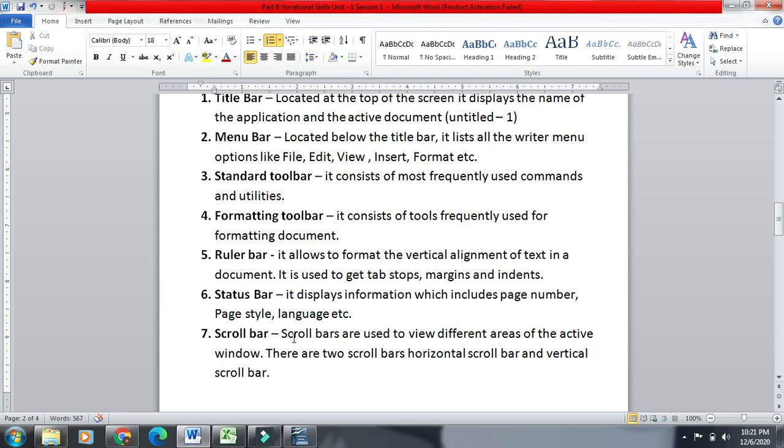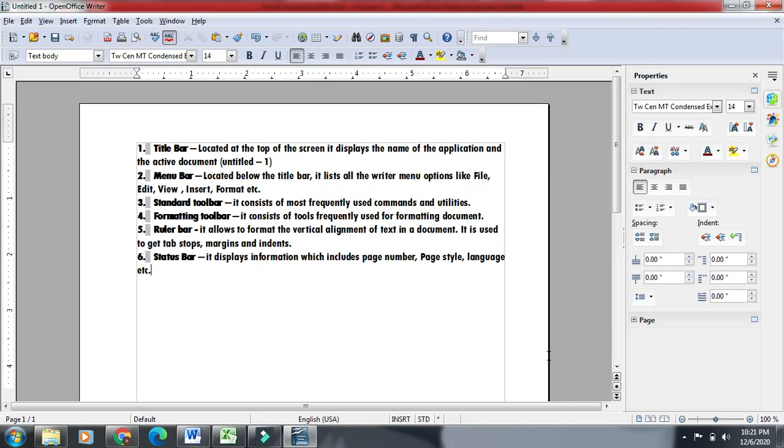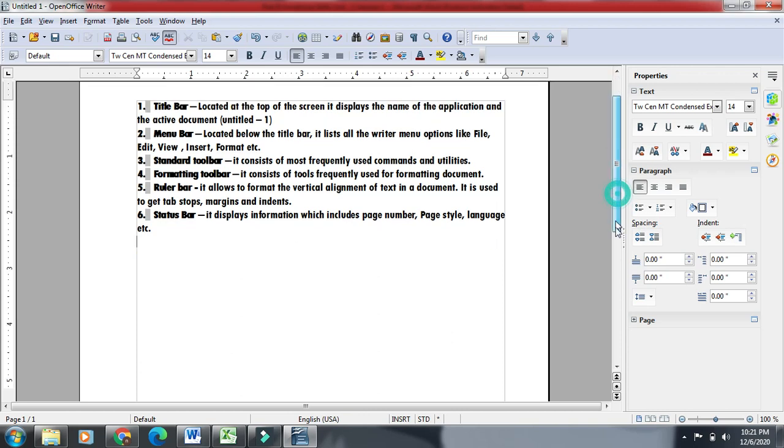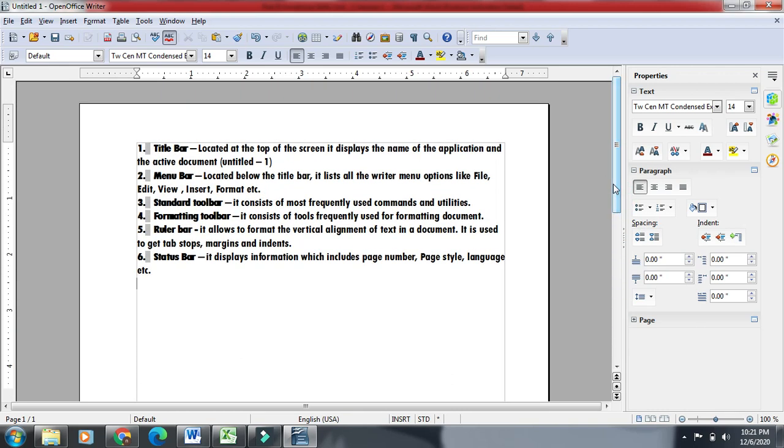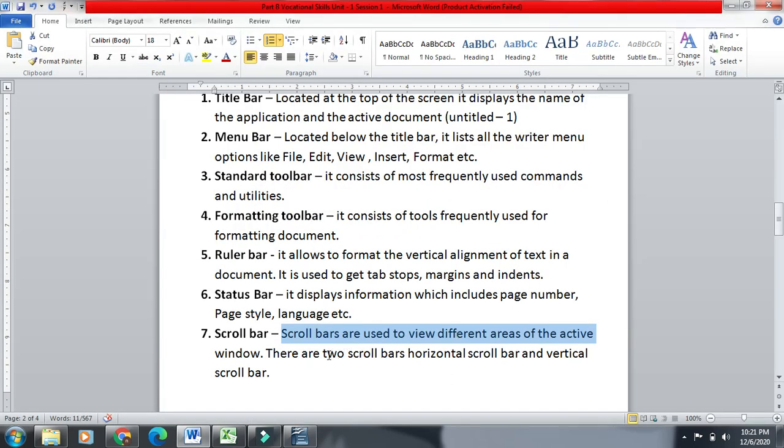Next is scroll bar. Scroll bars are used to view different areas of the active window. Suppose I want to view this area of the active window, this area also, so I will use the scroll bar. There are two scroll bars, horizontal scroll bar and vertical scroll bar.